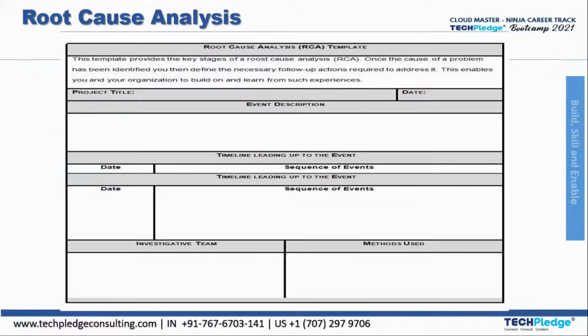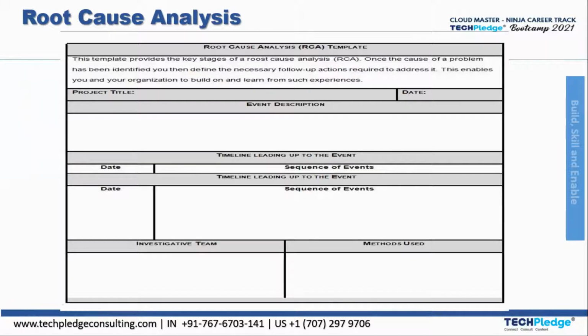And moreover, a root cause analysis can be conducted when a more formal approach is needed for any failure assessment. The goal of a root cause analysis is to prevent recurrence by addressing the root cause of the problem. It is typically used as a reactive method for identifying events that cause problems and then resolving them.